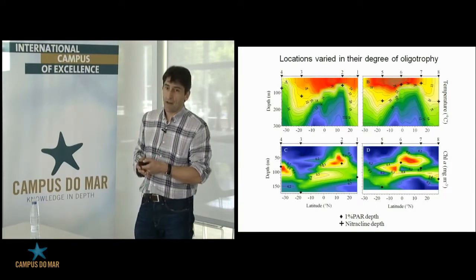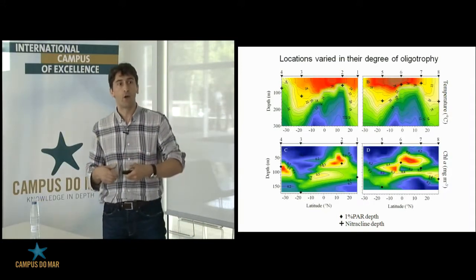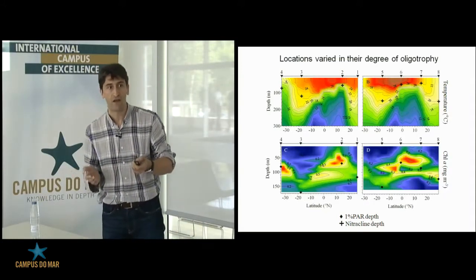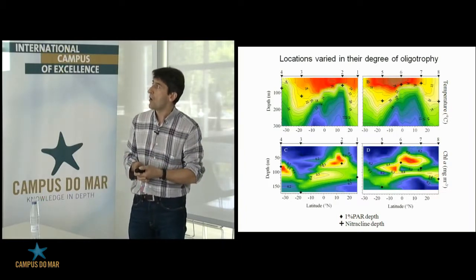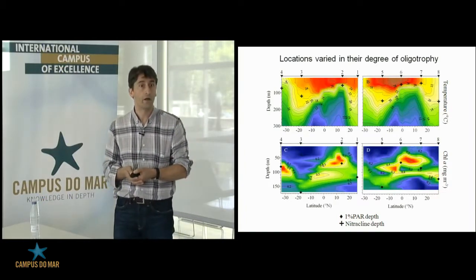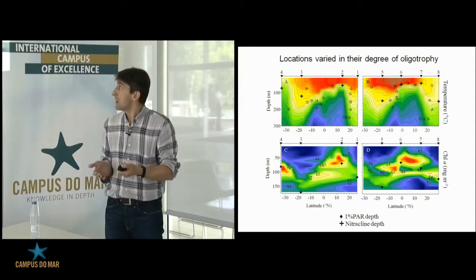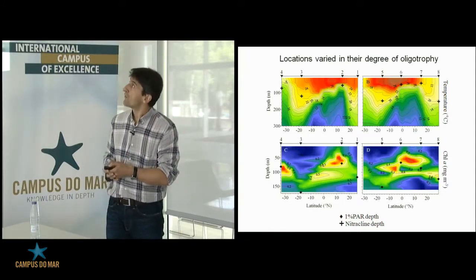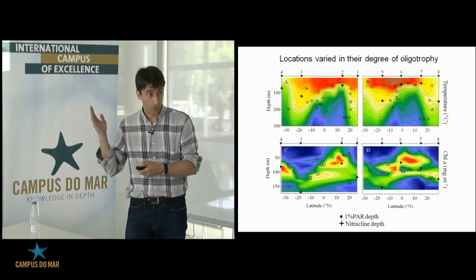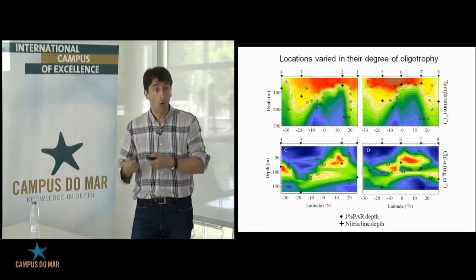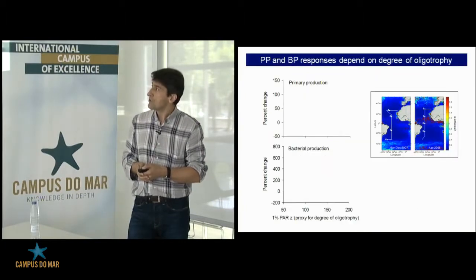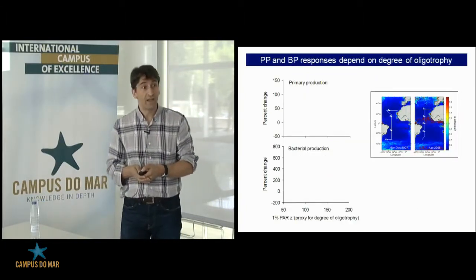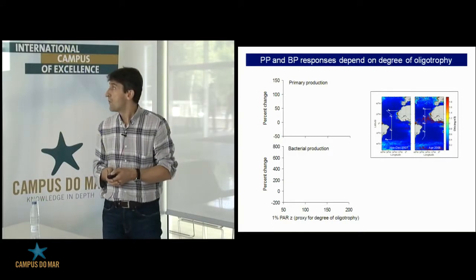So basically there are a number of indicators for this. You can compute upward nutrient fluxes, or you can also have a rough indicator such as the depth of the nitrocline or the euphotic depth layer, which can give you an idea of the fact that some systems, some stations in this study were more oligotrophic than others. So we just decided to consider the depth of the euphotic layer as a proxy for the degree of